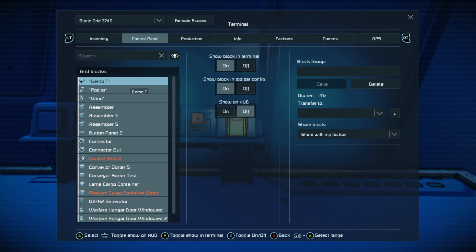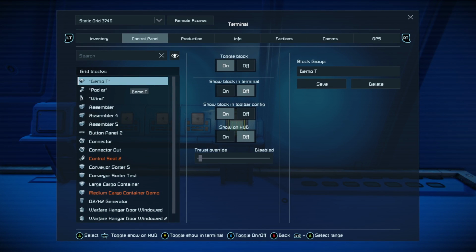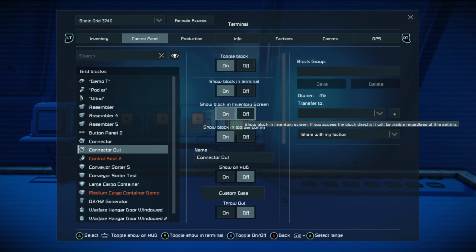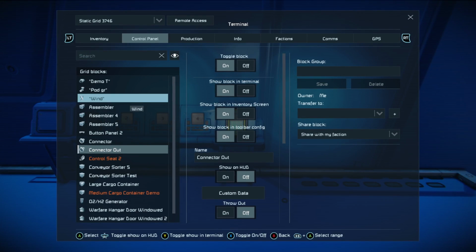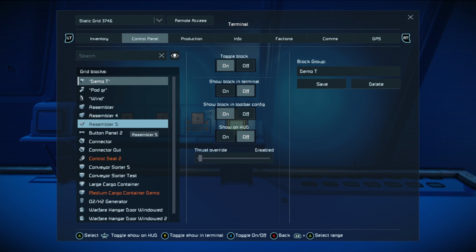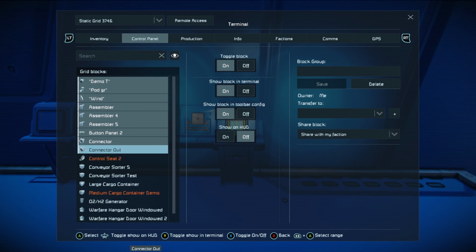What happens if we want to select between demo T and say our connector out? Well, we'd hold down the left bumper on demo T and keep it held down, go to connector out and tap A. That will band select all of the items between demo T and connector out.